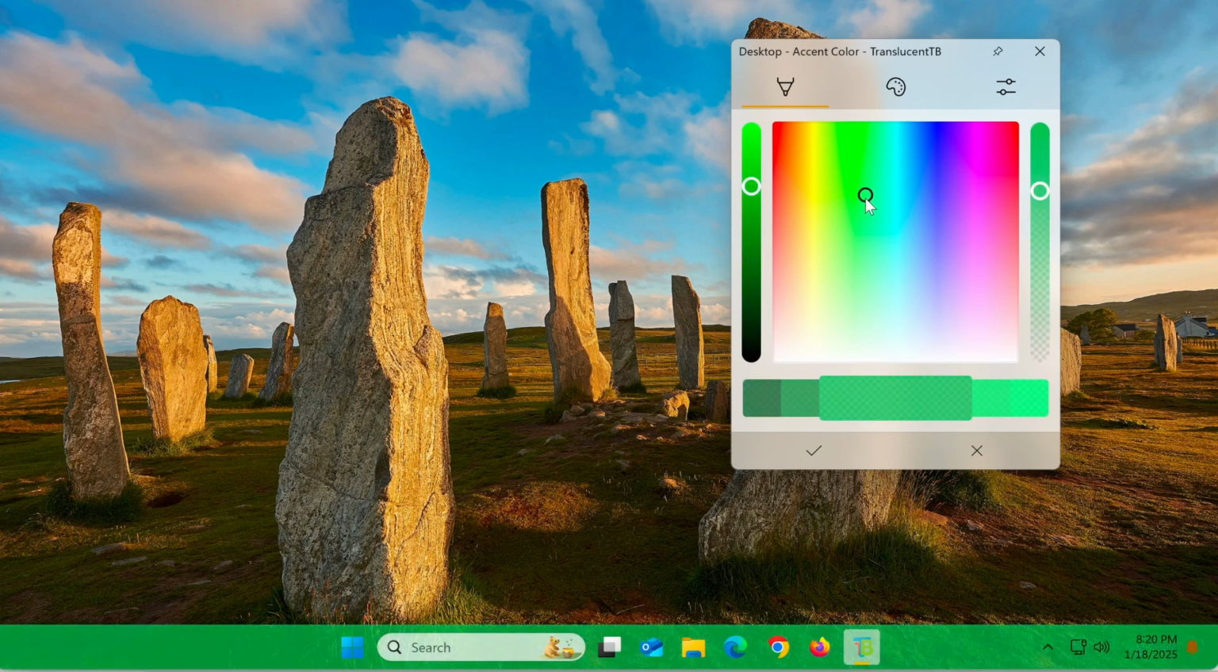And that's it. With just a few easy steps, you can change the taskbar color on Windows 11 or even